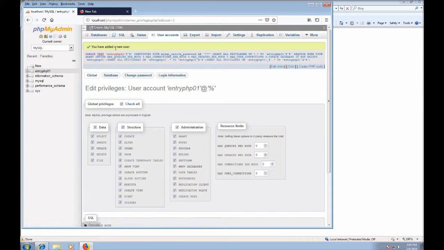You will see that you have added a new user, and then there is the command that MySQL performed. Now we need to go to the Databases tab,